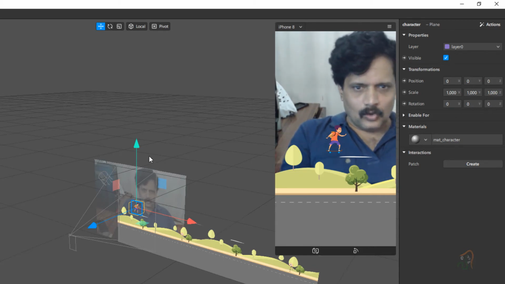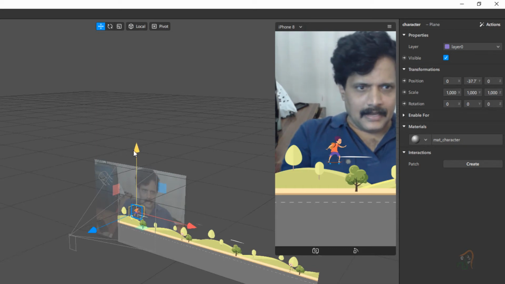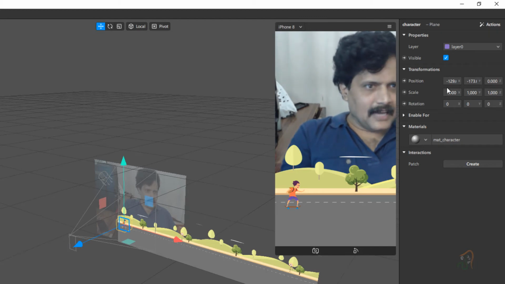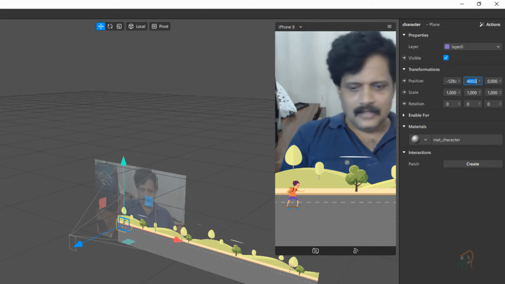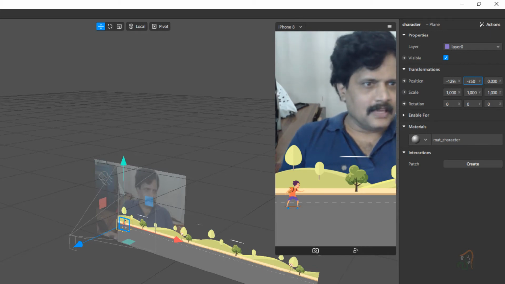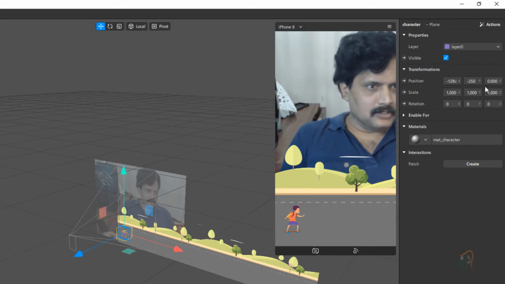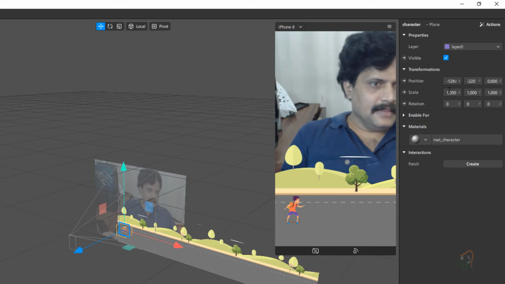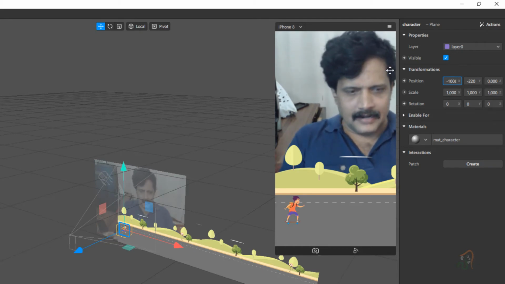So select the move tool and I can move it like this, and I want this to be moved a little to the left somewhere here. So what I will do is move it exactly. I will set the x value to minus 250, okay, something around minus 250 is too much now, minus 220. And then I will set the y value to minus 220. I will set the x value here to around minus 100. Oh, it went too far away.